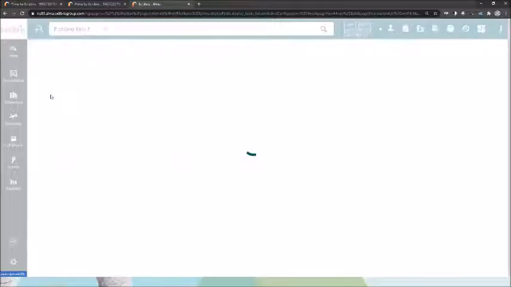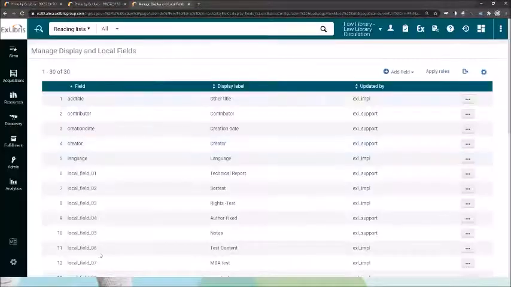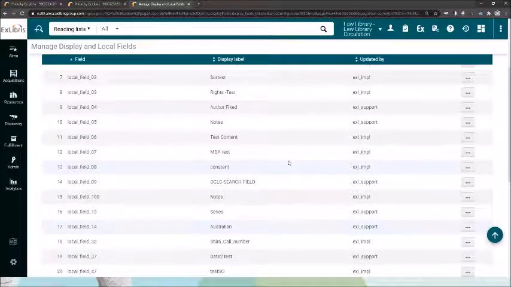So here under Manage and Display local fields, we have a lot of different local fields. And if you noticed, each one of the local fields has its own individual placeholder. You need to keep that in mind. But if I click here on Edit,